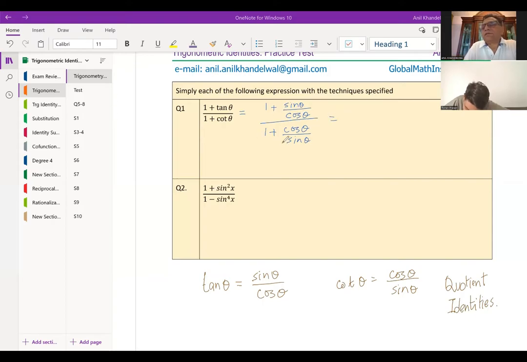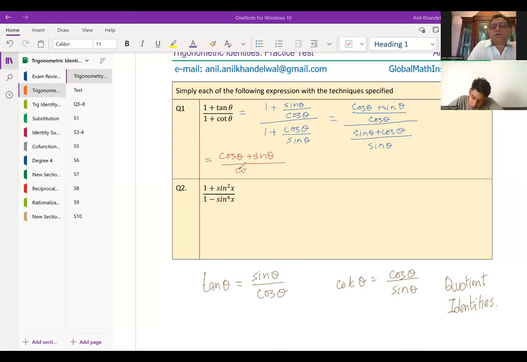Now, taking cos theta as a common denominator, in the numerator you get cos theta plus sine theta, correct? Divided by, in the denominator, taking sine theta as the common denominator, we get sine theta plus cos theta. As you can see, sine theta plus cos theta can be cancelled from numerator and denominator, correct? Let me rewrite this. So it could be written as cos theta plus sine theta